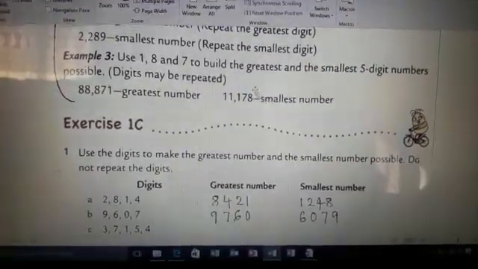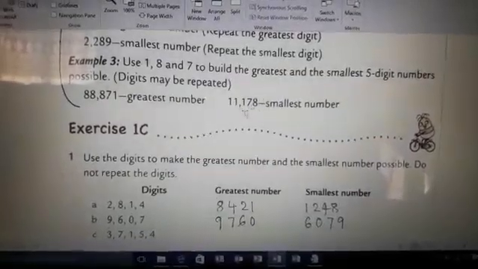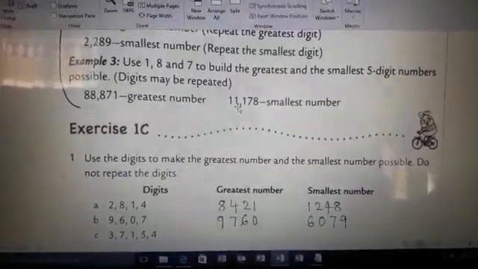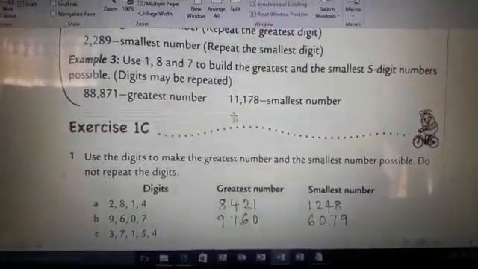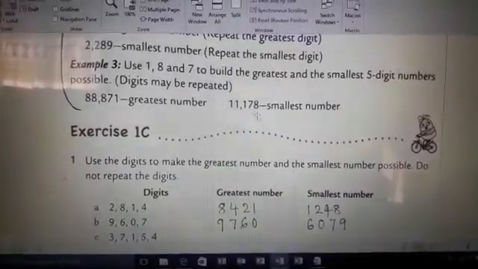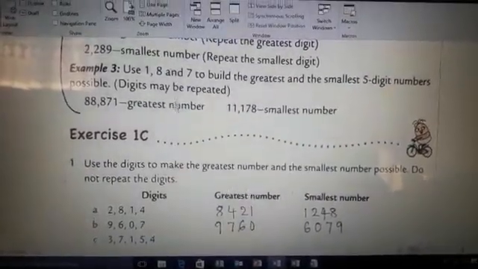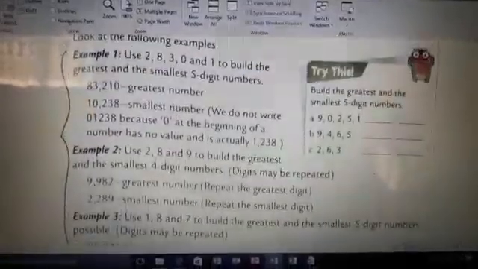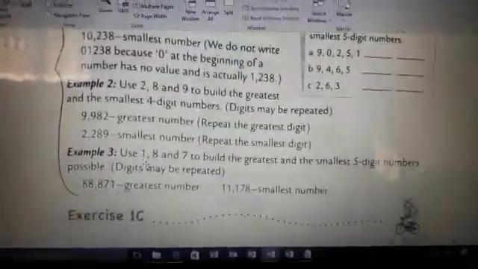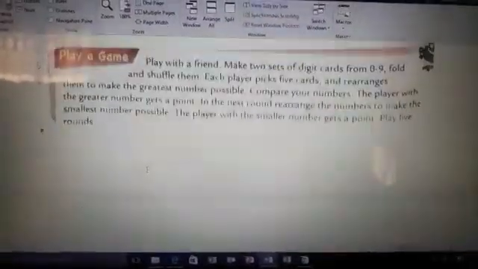In case of making the smallest number, you have to put 2 more 1s. That is 1, 1, 1, 7, 8. So it is very important. You have to write these 3 formulas in your notebook by putting the heading building numbers.